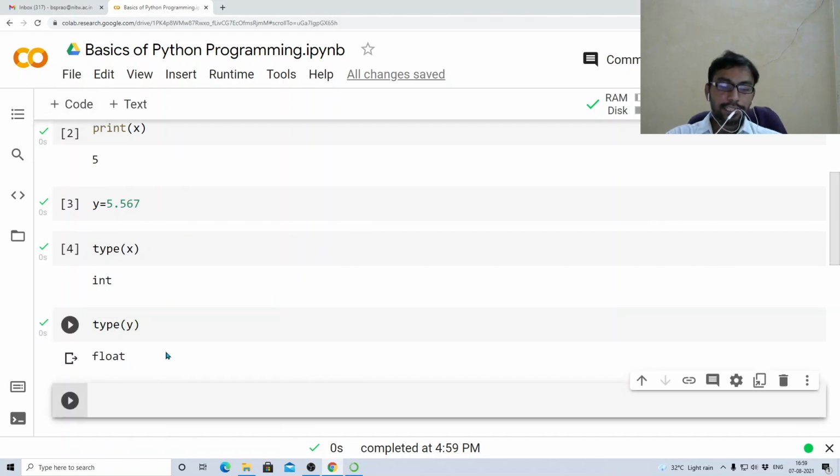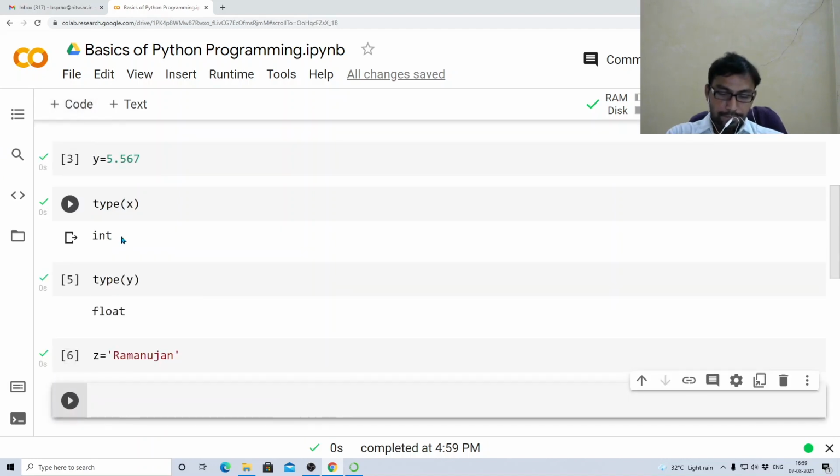Similarly, you can define strings also, characters. Let me define some other variable z. Let me give some string here. Ramanujan College. Now let me see the type of this particular variable, type of z.